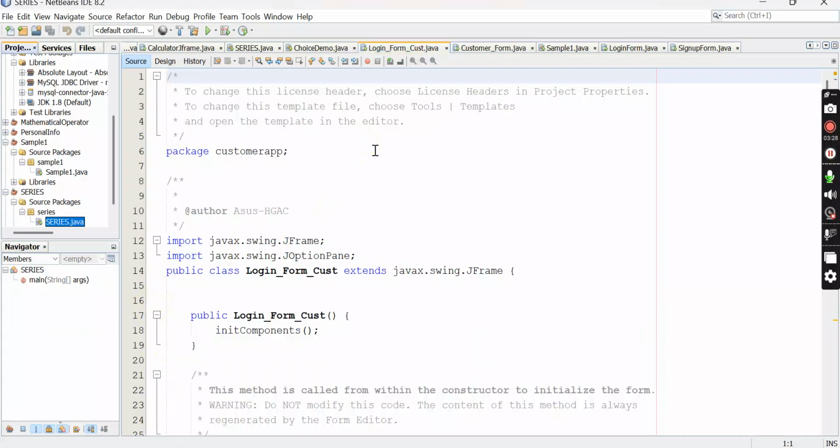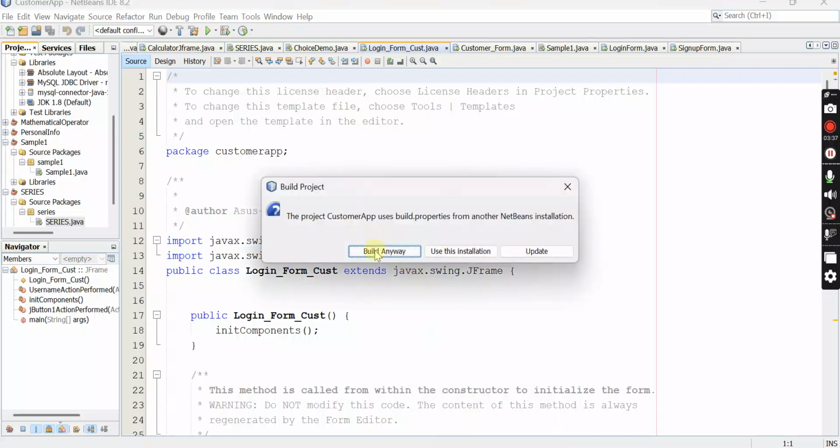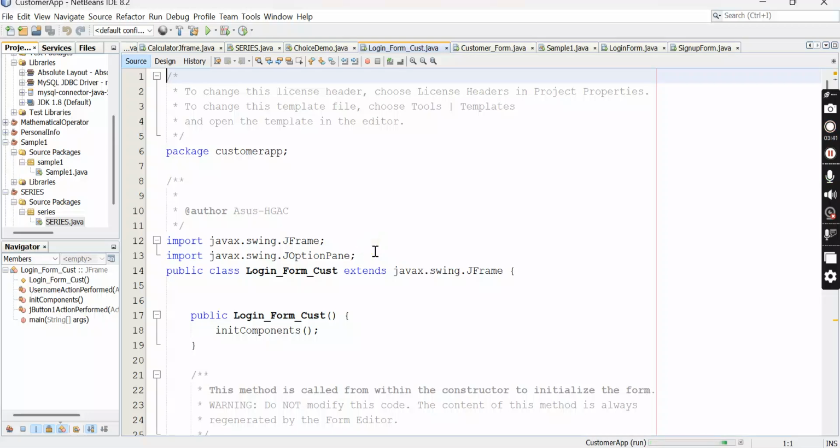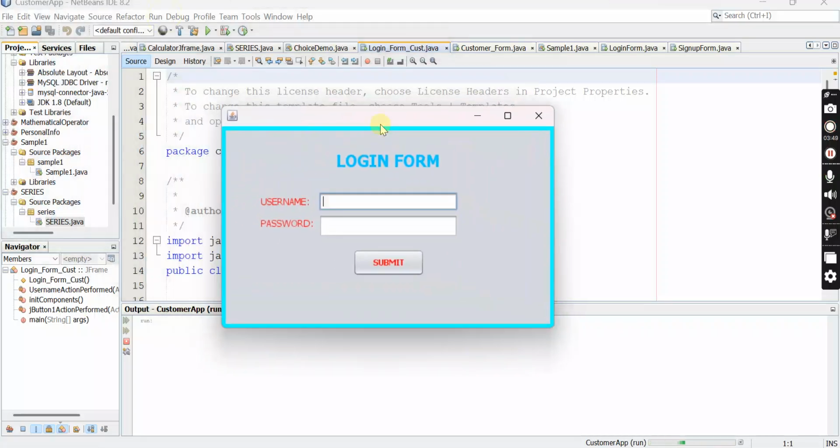When running this sample form, all you have to do is right-click and run file, then click build anyway. A pop-up appears right after clicking run file.